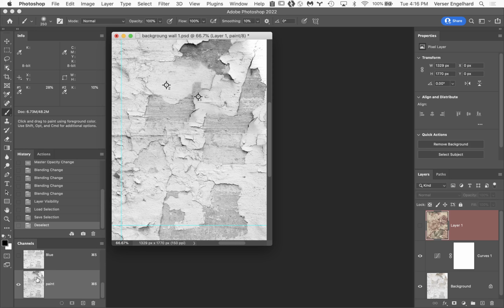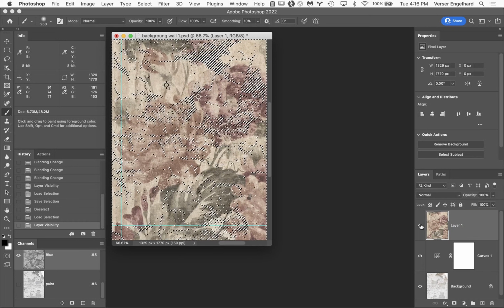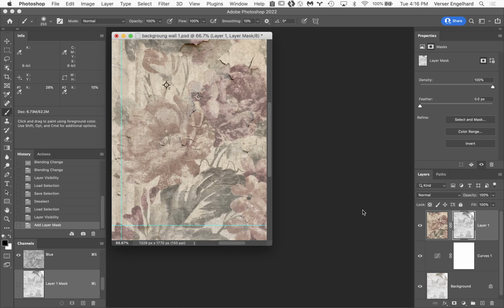I'm going to load the paint now as a selection. Just hover over the thumbnail, hold down the Command key and click. It loads it as a selection. And come over and turn on your wallpaper layer and add it as a layer mask. And you can see it's allowing some of that image to come through. There are parts of it that are not. But what you have to realize is that